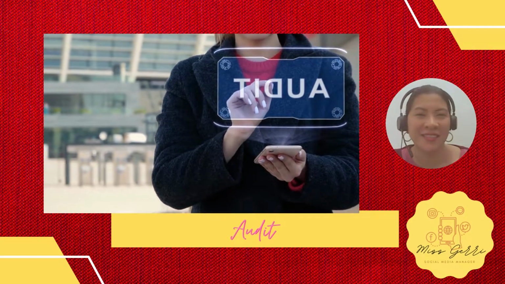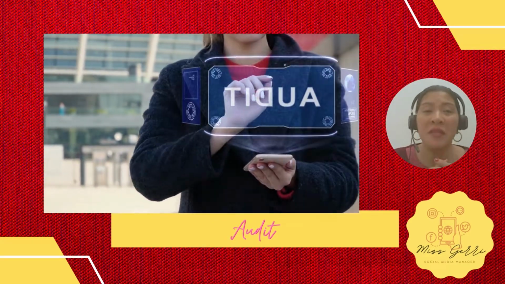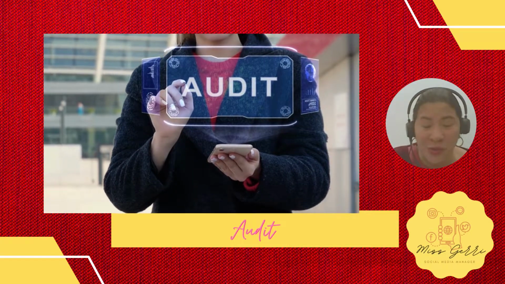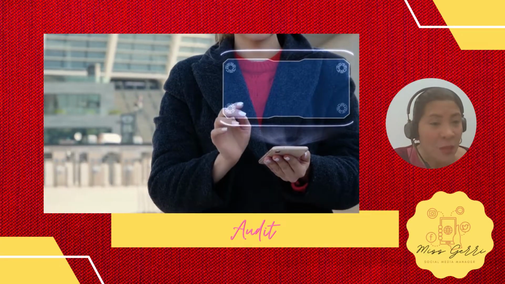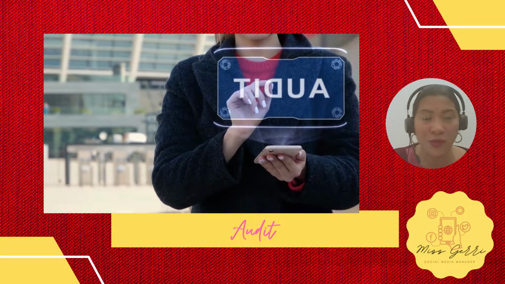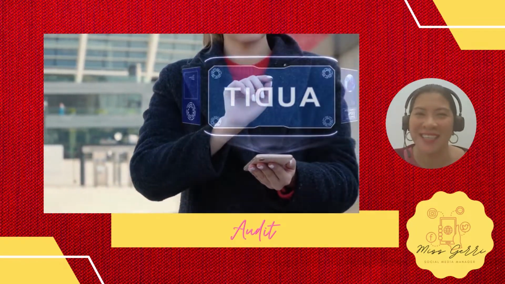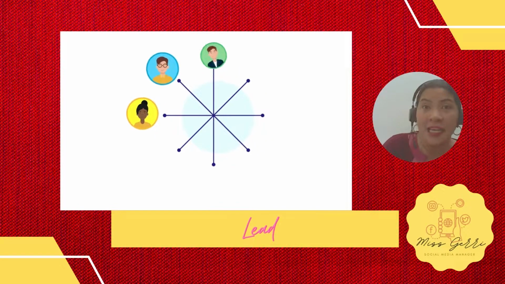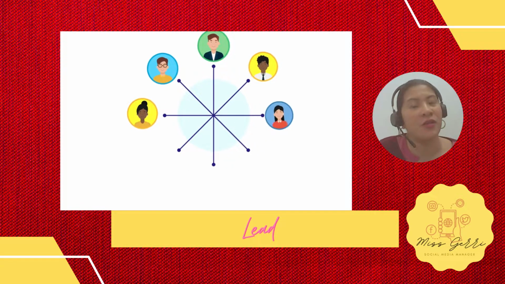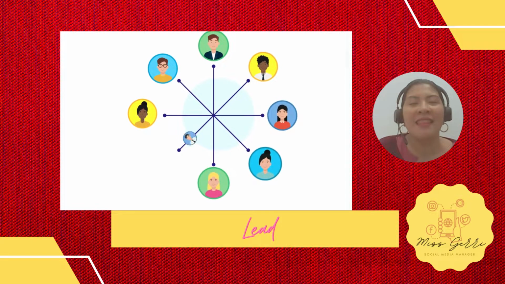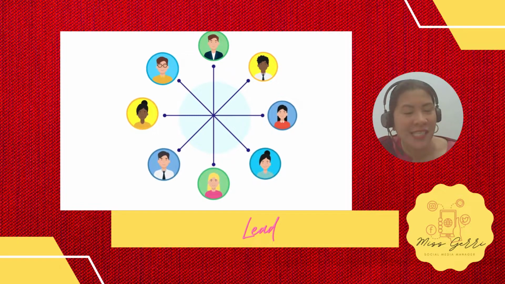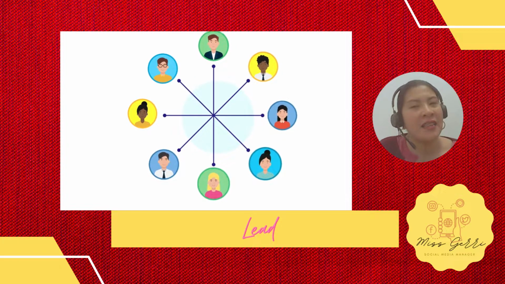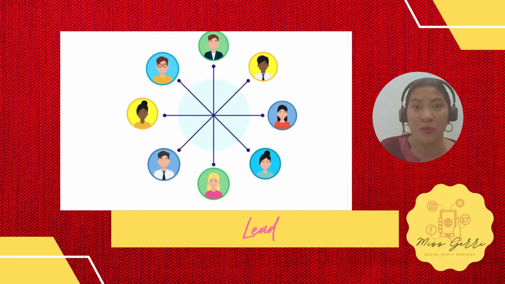Account audit, or audit. Well, a social media audit is the process of reviewing your business's metrics to assess growth, opportunities, and what can be done to improve your social presence. Audit. Lead. Well, a lead is any information someone shares that you can use to follow up with them. That includes names, email addresses, occupations, employers, or any other information that a social media user shares with you. That's a lead.